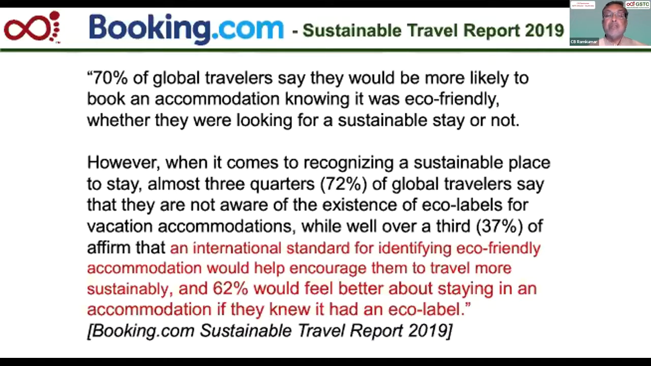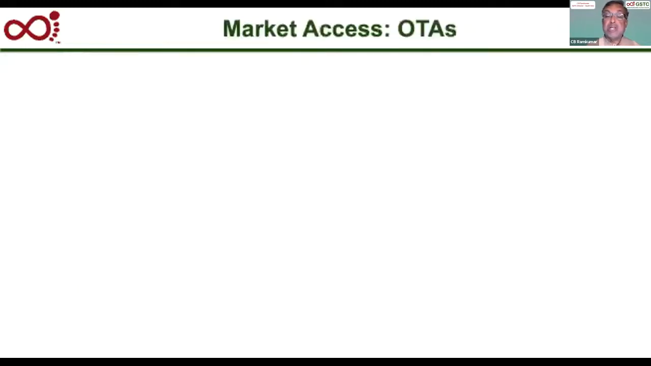not aware of the existence of eco labels for vacation accommodations, while well over a third, 37%, affirm that an international standard for identifying eco-friendly accommodation would help encourage them to travel more sustainably. And 62% would feel better about staying in an accommodation if they knew it had an eco label. So you can see very clearly, this is what the customers require, and this is what is needed, when it